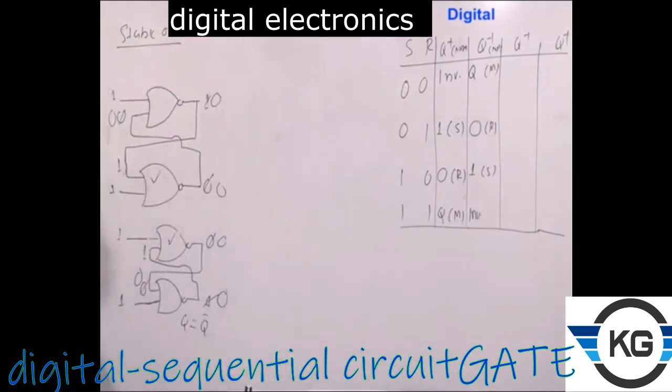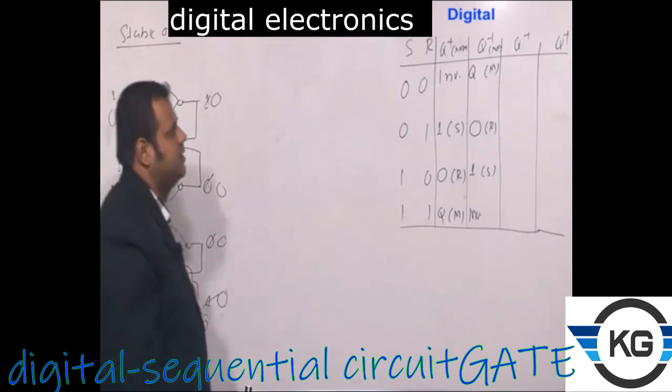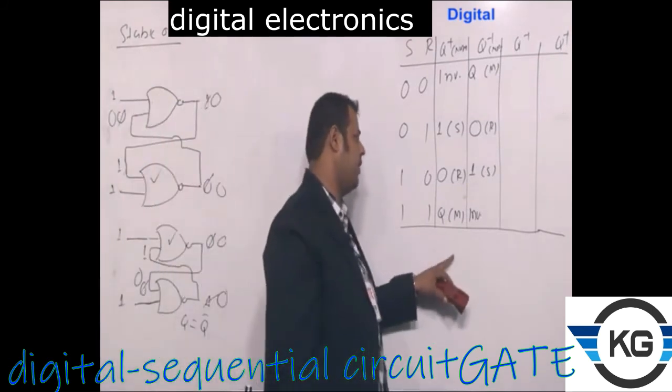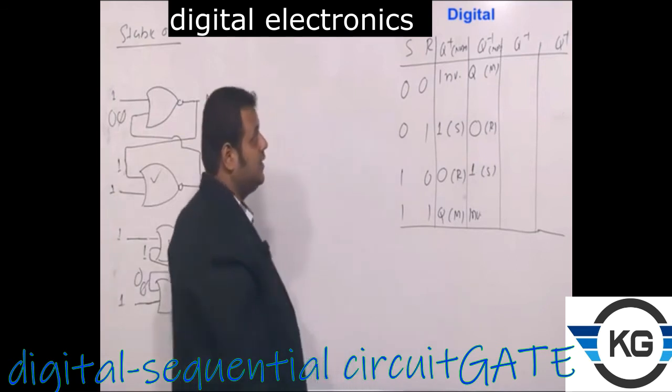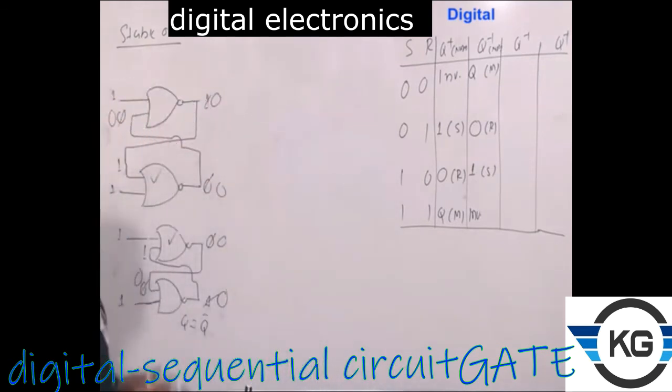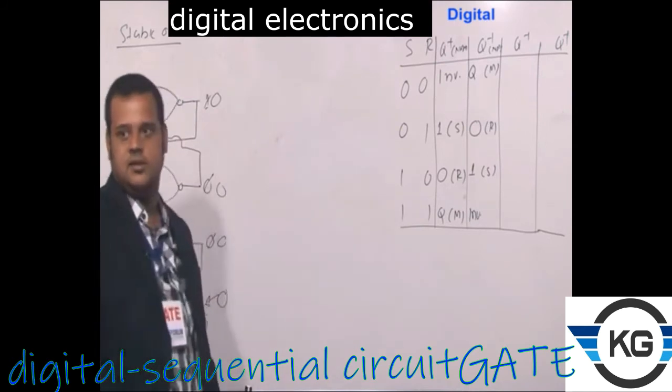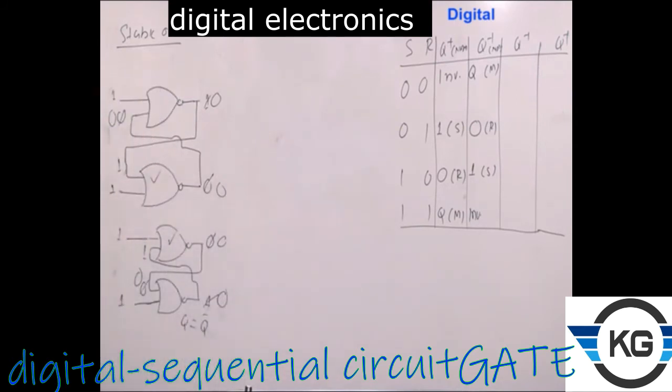So the conclusion is that the tables of the NAND latch and NOR latch are different, right? Once again I am emphasizing that these tables are valid with respect to the circuit I have given you. If you change anything else, you should not complain that, sir, in Morris Mano this table is not matching what you have given. You analyze the same circuit, using the analysis procedure I have given, and definitely you will get the same answer, right? So this is the way you do this.